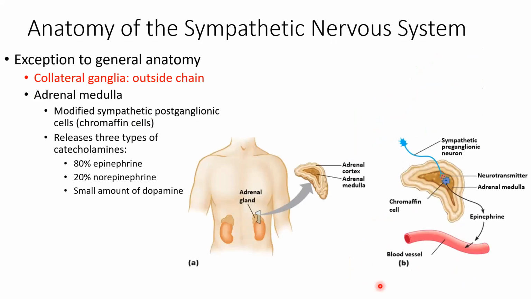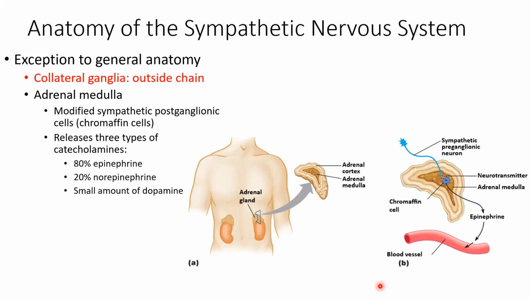And so that's the main route of communication for the sympathetic nervous system. T1 to L2, so again, remember that the fibers come from those specific spinal segments out to the sympathetic chain and then to the effector organs. Now, there are two alternate routes of communication, or two exceptions to that general anatomy. The first one is that we can also have